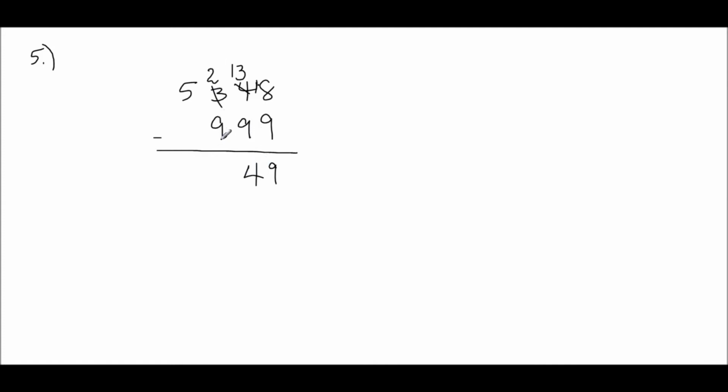And I'll do the same thing for the hundreds column. 9 from 2, can't. So I'll take 1 from the next column, leaving 4 in it. And 9 from 12 would leave us with 3. I have nothing to subtract from the 4, so I will put it back. So my answer here would be